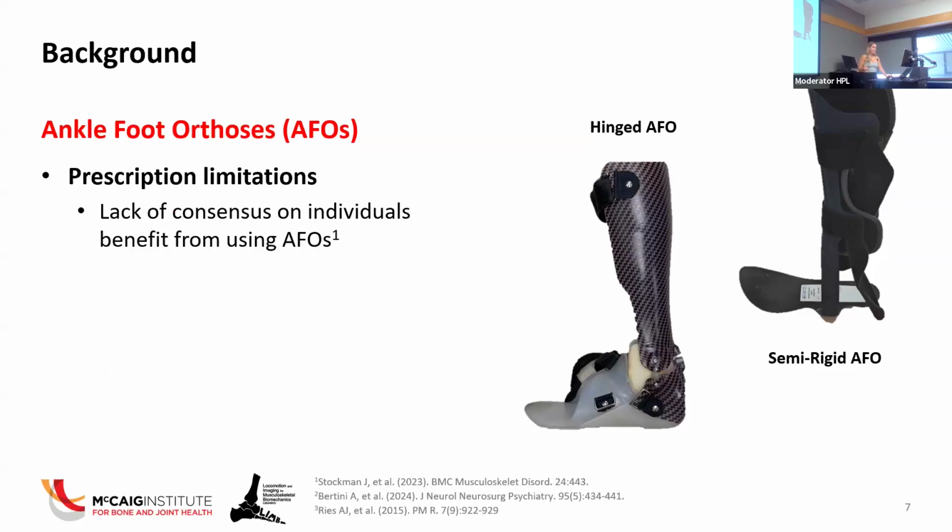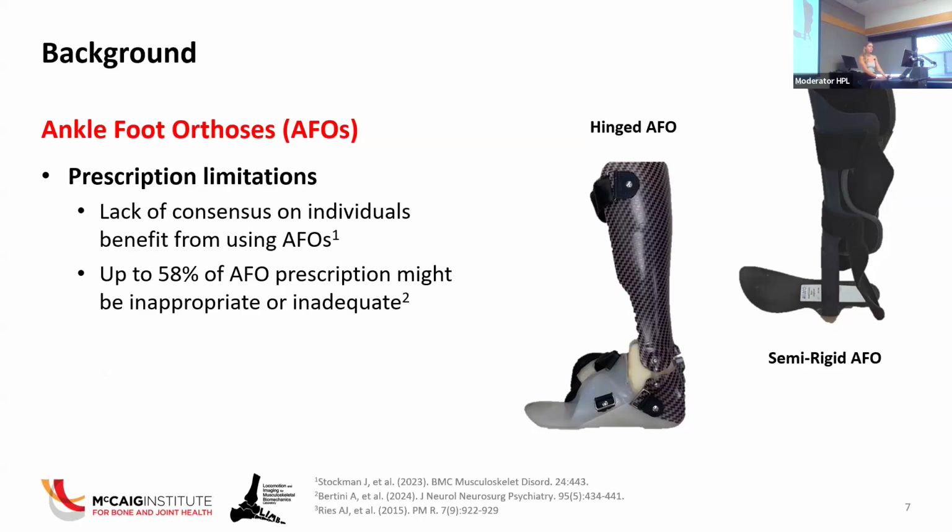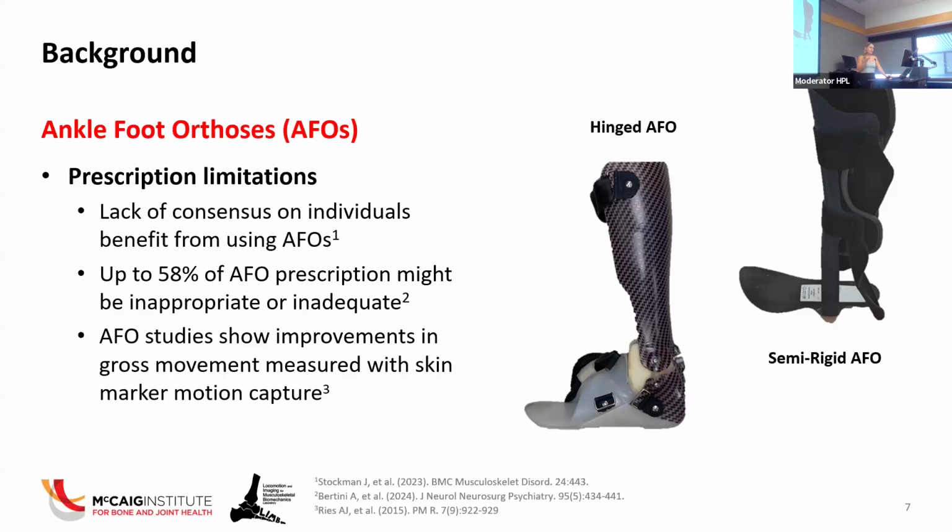So there are some limitations with these prescriptions, first of which being that there tends to be a lack of consensus in the individuals who might benefit from AFOs. And it's not just that if an individual has equinus foot deformity, they're automatically prescribed this AFO. So there's a lot of things that go into that, and there doesn't seem to be a standardization on who is getting these AFOs. And with that, up to 58% of AFO prescriptions might actually be inappropriate or inadequate, whether that's because something's got overlooked in the prescription or we don't truly have an understanding of the kinematics, we're not sure. But the AFO studies that we do have tend to show that there are improvements in gross movement